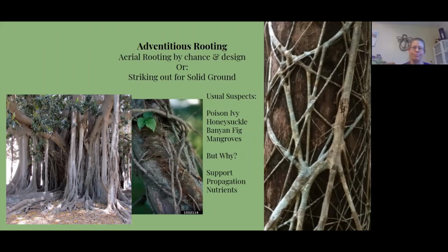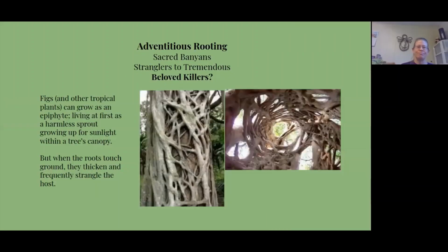What we have here are a banyan tree, which is a type of fig tree, and of course poison ivy, and another type of banyan tree that is frequently called the strangler tree. Now, strangler trees and banyan trees are considered very special in India, and these are types of figs,